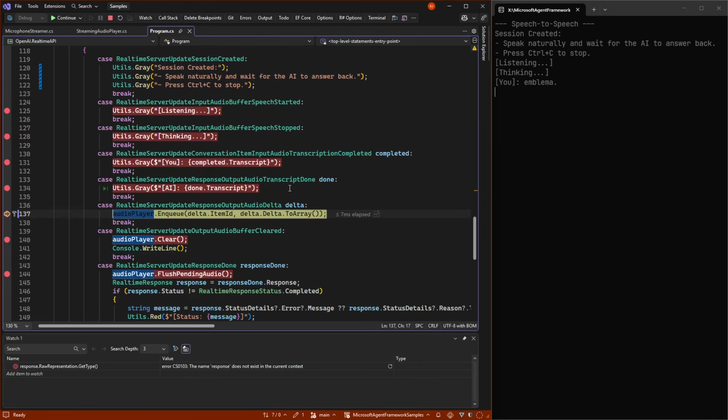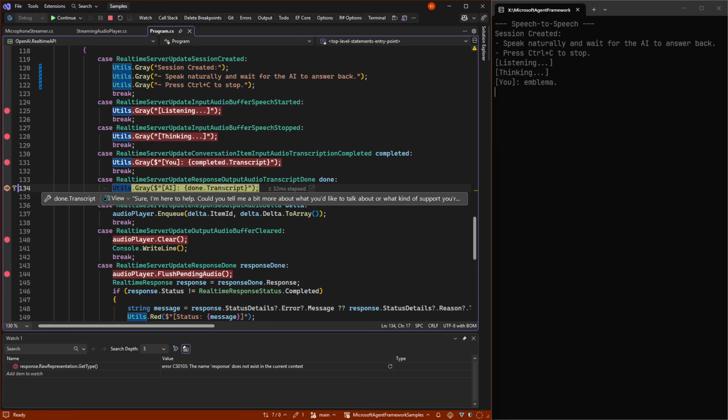It couldn't understand what I was saying while we did this. But now we are getting the audio back in small chunks. So this one will be hit multiple times. I'm pressing F5 right now, multiple times. And now the transcript is done on what it wants to say back.